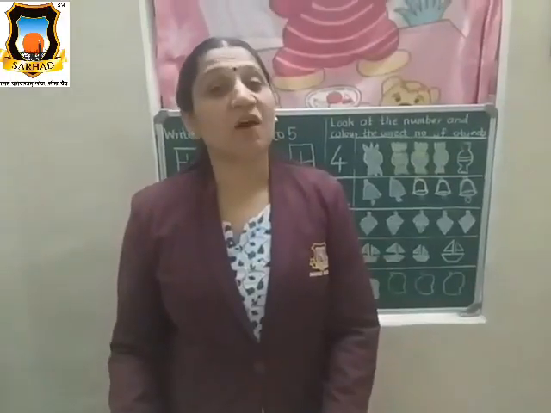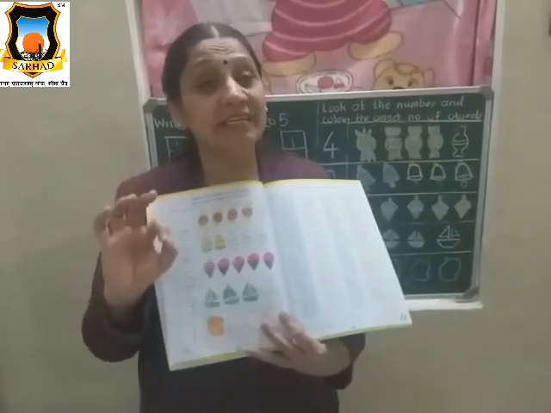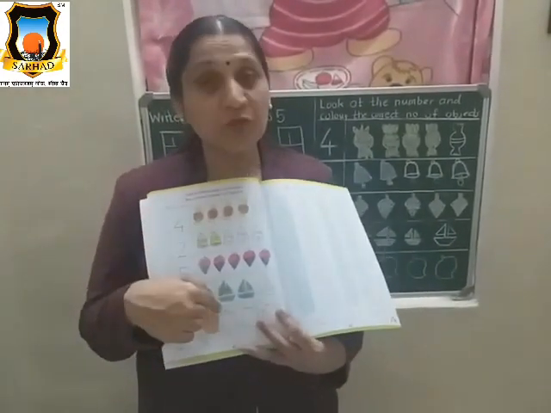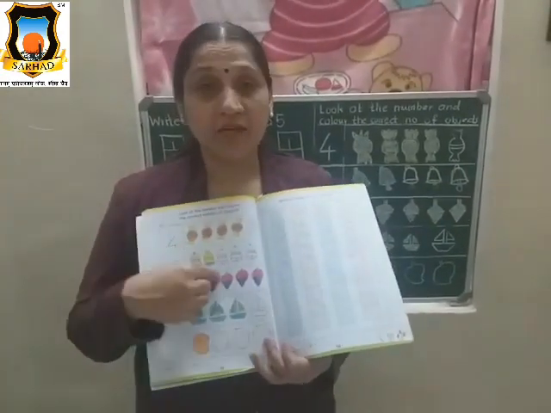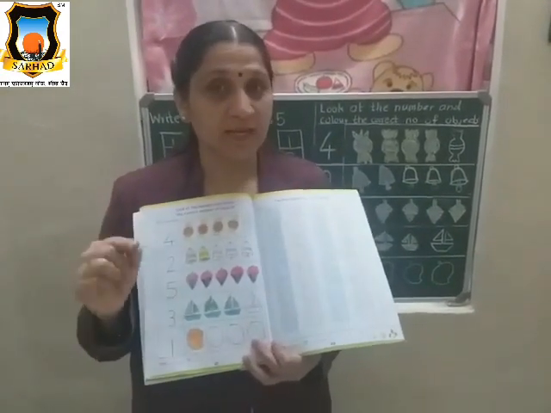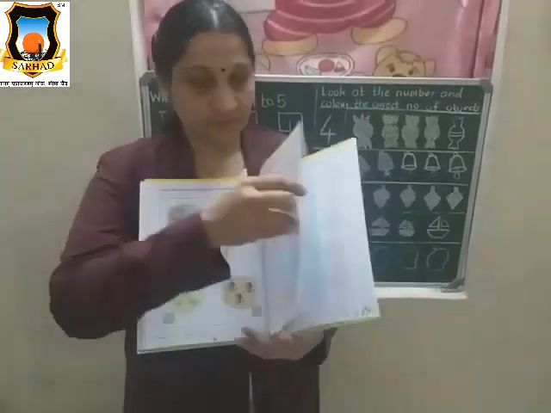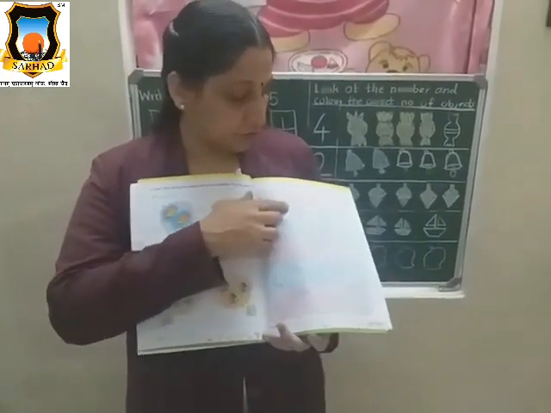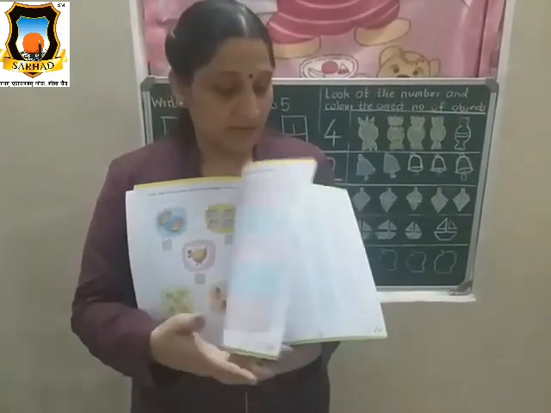Okay. Children, all of you understood all these concepts? So all of you do these concepts in your workbook neatly and nicely. You have to use different crayons in your workbook. And one more thing is, don't do scribbling. Don't go outside the lines. Okay? And whenever you draw the pictures, you have to draw with pencil only.